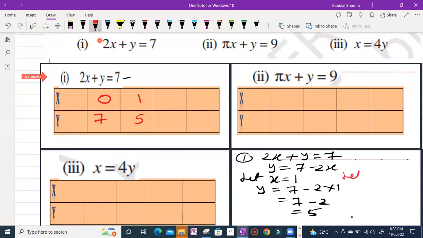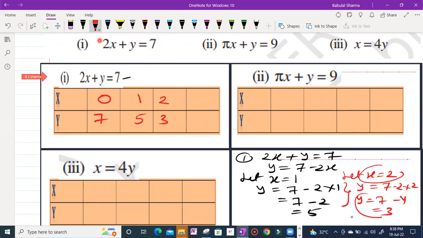Third, let x is equal to 2. So we can write here y is equal to 7 minus 2 into 2. Y is equal to 7 minus 4. So y is equal to 3. तो जब x का वैल्यू 2 होगा तो y का वैल्यू 3 होगा. तो राइट हियर x is 2 and y is 3. लेकिन ये तो हमें अभी 3 सॉल्यूशंस फाइंड आउट किए,